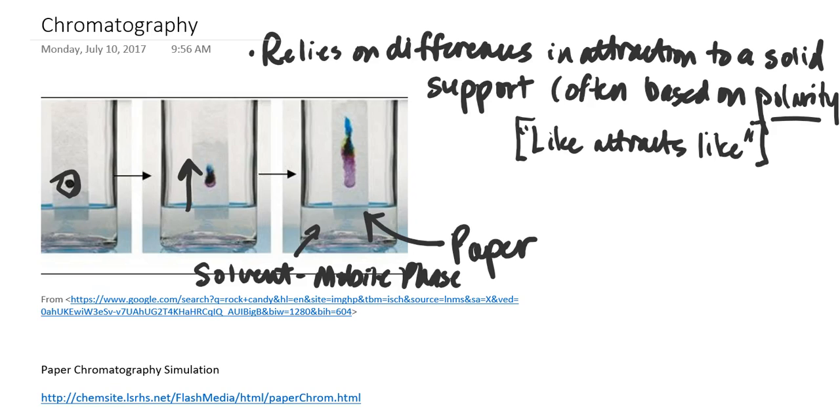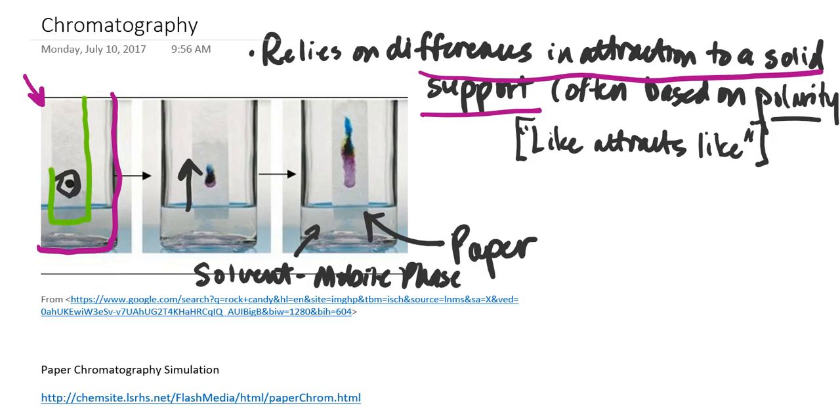Now here, the difference in property that we are looking to exploit would be differences in the attraction to a solid support. What I mean by that is, say for example here, in this picture that I've included in the tutorial. What you have here is an outer glass chamber, okay, and within this outer glass chamber, there's a strip of paper that I'm outlining in green, and within the very bottom of the chamber, there is a solvent, which